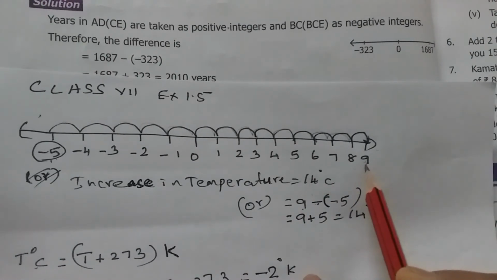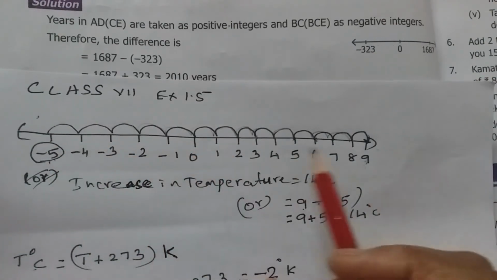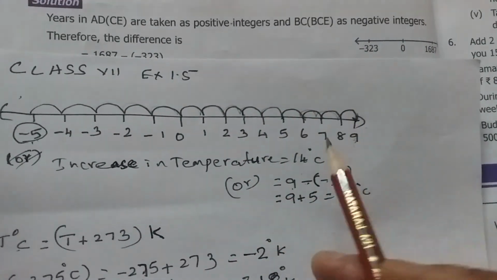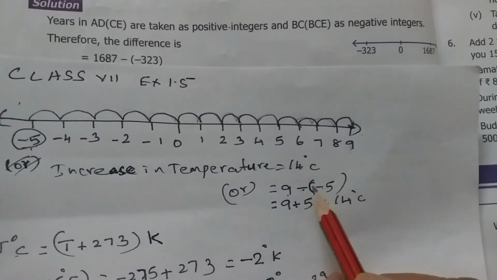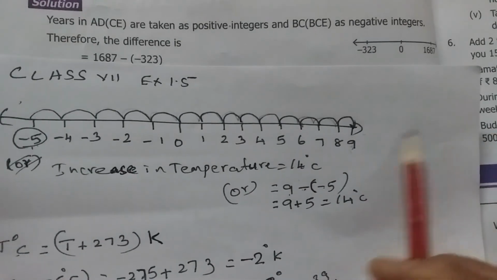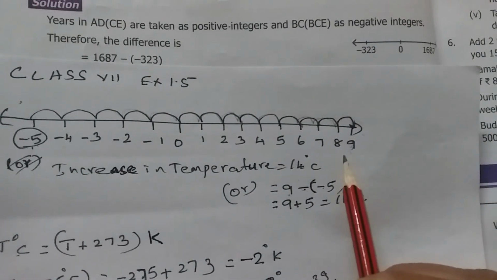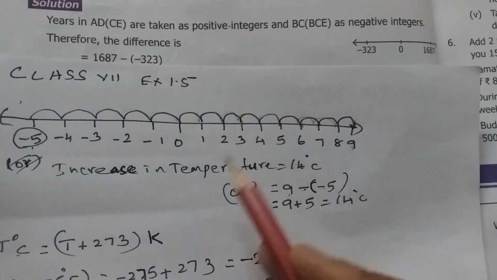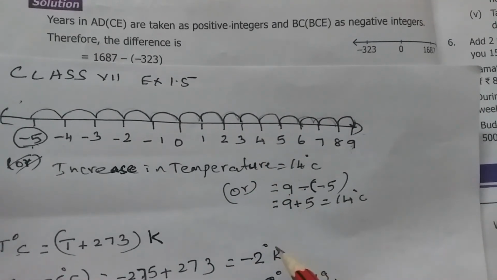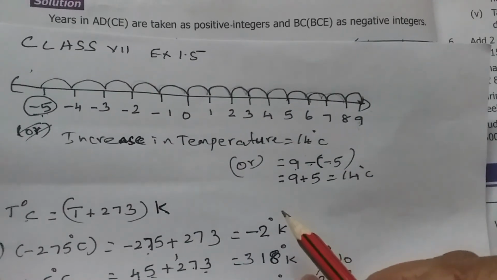Since the numbers are only 9 degrees and minus 5 degrees, it is easy to draw the number line. Suppose the temperature increased up to 30 degrees Celsius, say 45 degrees Celsius, during summer when it is very hot, then is it possible to draw such a big number line? No, it's not that easy. So we should have another method also. Alternate method means method 2. We should have the second method also, that is without the number line, by using calculations. How are we going to do it?